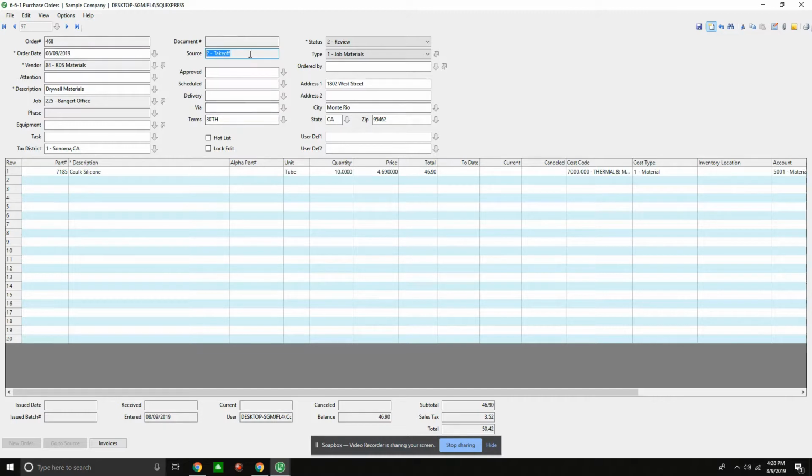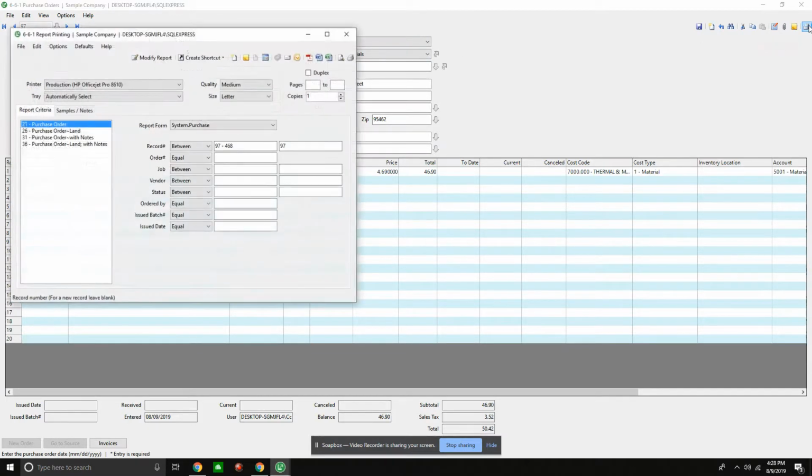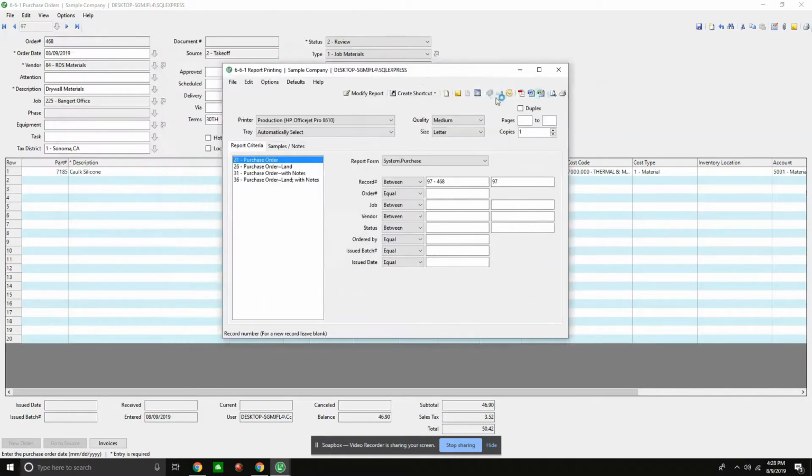So not only did I just take and put in my vendors, but I've also gone through and created my purchase orders, and I can take these purchase orders, print, and I can email them directly to the supplier. I can print them if I wanted to, scan them or put them in the mail, but the system is married with Microsoft. So instead of me having to print things off and put it in the mail, put a stamp on and all that, I can email this purchase order directly to the supplier.